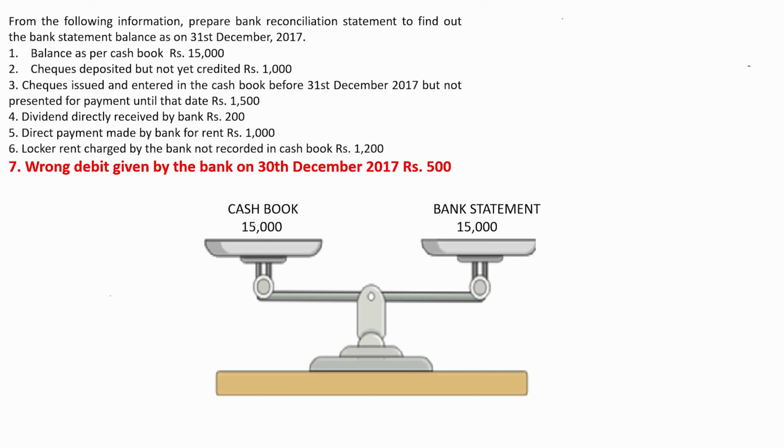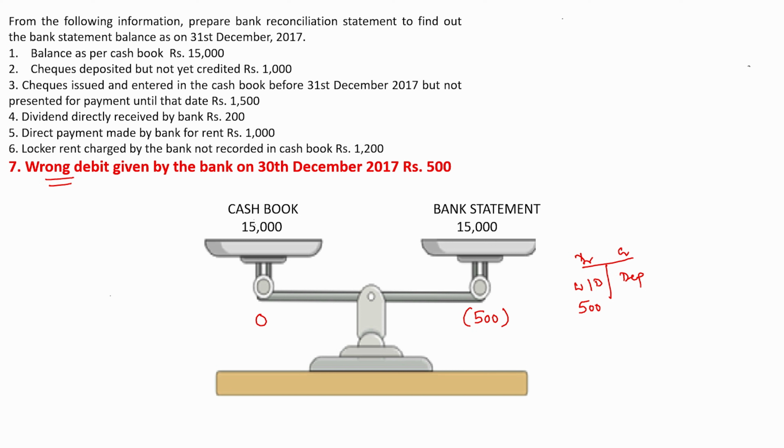Wrong debit given by bank on 30th December 2017. Kindly understand, the debit is the withdrawal and the credit is the deposit as far as bank statement is concerned. So the banker has withdrawn 500 rupees by mistake, isn't it? Wrong debit given. So by mistake, banker has withdrawn 500 rupees from our bank account, which is not shown in